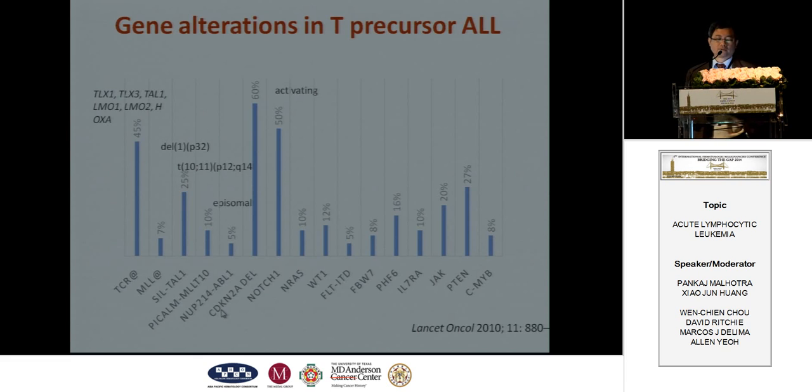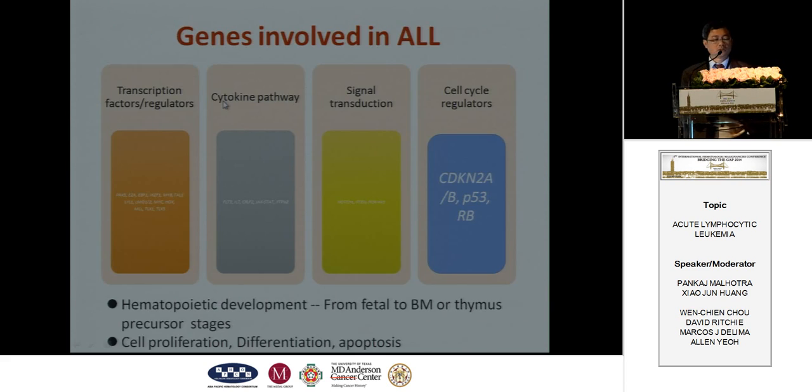And there are several activating mutations such as NOTCH1 and FLT3-ITD, interleukin-7 receptor alpha, and JAK mutations. And also there are several inactivating mutations such as WT1, LEF1, and loss of PTEN. Duplication of MYB is also seen in 8% of patients with T precursor ALL. So overall,